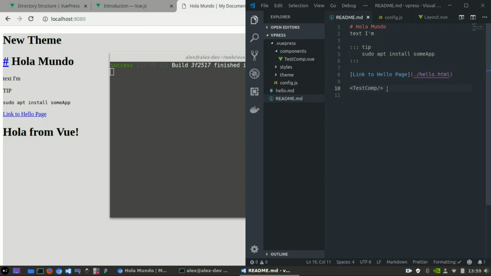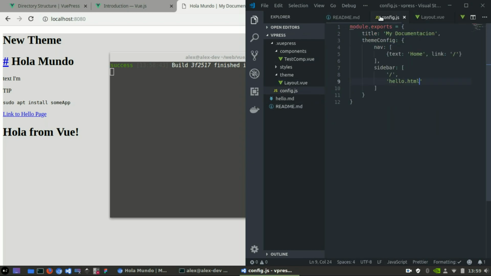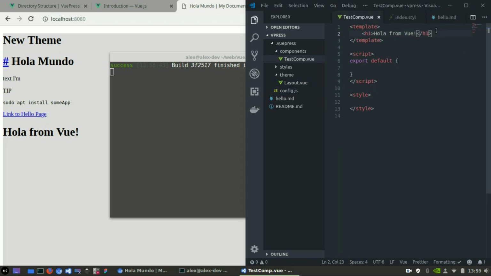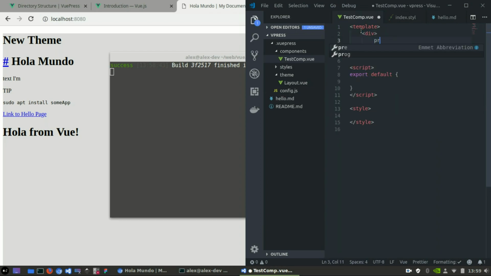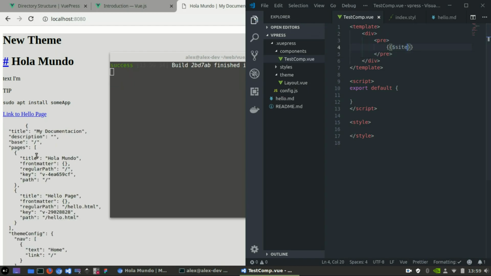We just put a components folder and inside everything, and it starts working directly. And it's so powerful because you have so much information from here. For example, let's go in the component we just created and see what kind of information we can get from here. For example, we have to wrap it in a div. If we say pre, inside, as in normal Vue.js, we say site. Let's see what we get from here,